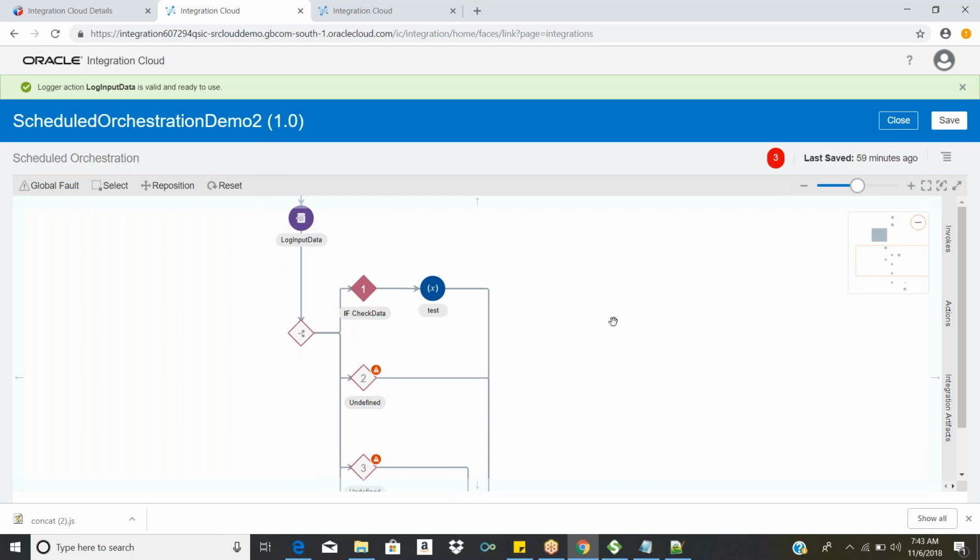Another thing is that in real time, we should not use this log activity. Why would you want to log production data in the log file? That is sensitive data information. You should not use the log activity unless you have a specific requirement to log the message into the log file. If you have such a requirement, use the log activity. Otherwise, use the log activity just for debugging purposes, and once you're done, delete the activity like this.